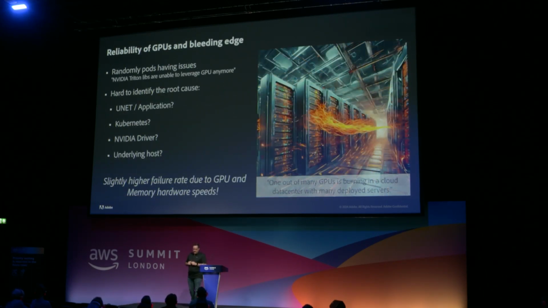We noticed that running the bleeding edge, putting lots of pressure on these GPUs, some of these GPUs actually might get into trouble in some cases. So we couldn't really use one of the cores anymore. And then we started debugging. Typical thing, is it the unit or application? Is it something in Kubernetes, something in NVIDIA, drivers, in the underlying host, or something in between, or a mix of everything? Right? Eventually we figured out it's a slightly higher failure rate than we expected,